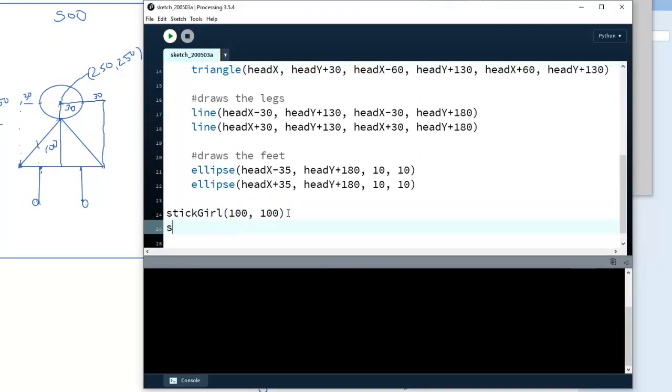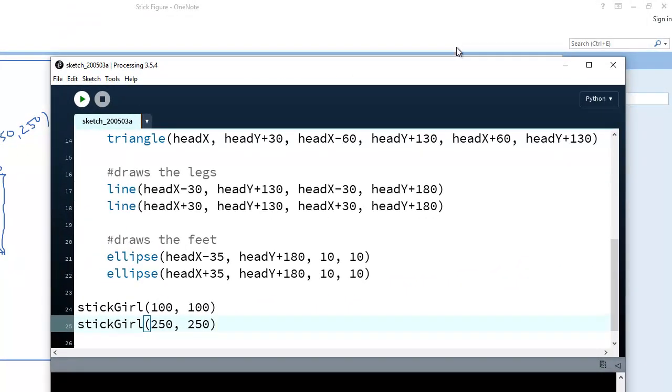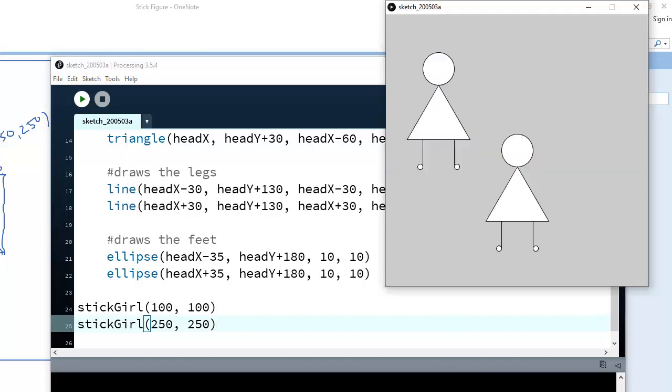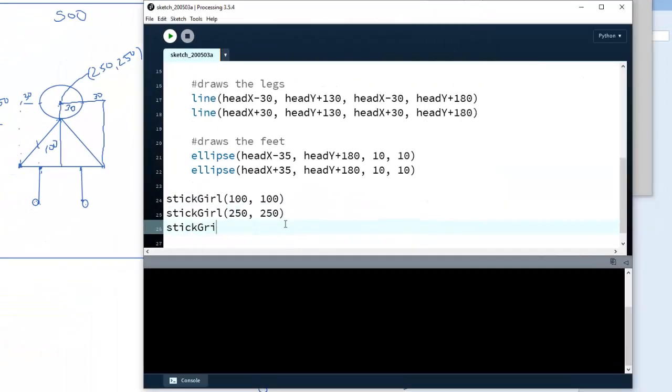Another thing that I can do now that I have a function is I can call it over and over and over again to draw multiple stick girls on the screen. So let me put back the one at 250, 250, and also have the one at 100, 100. And I get two stick girls on the screen. I could put another one up here as well. So I could call stick girl again. So I can call this function over and over and over again. So I'll put it at 350, 100. I'll put another one